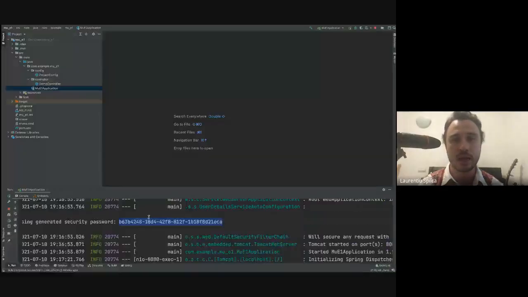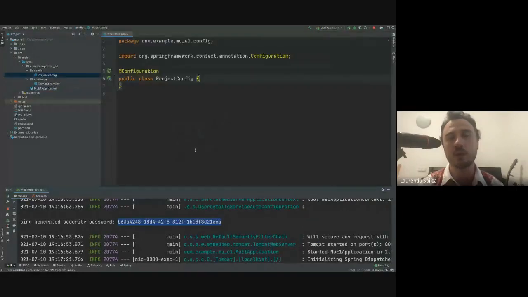So we don't want to rely on the default configuration. The default configuration is only to make sure that your Spring Boot project correctly works with the Spring Security dependency, but you need to define your own ways to authenticate in your app. So how do you do that? Well,